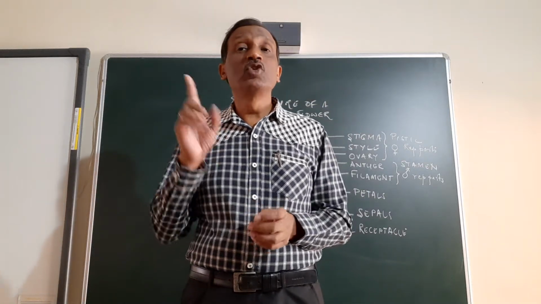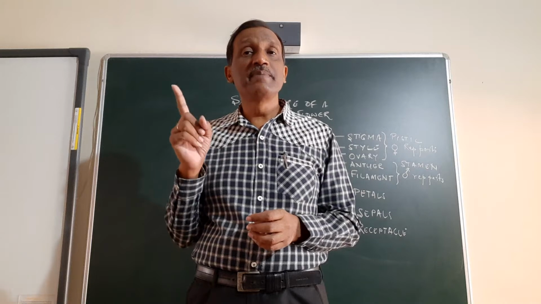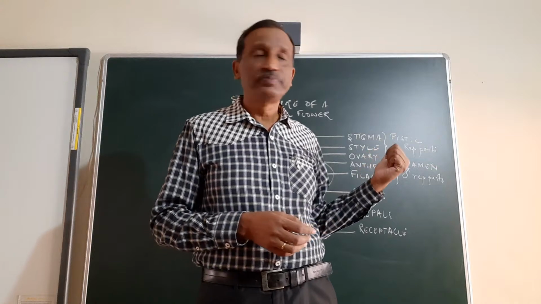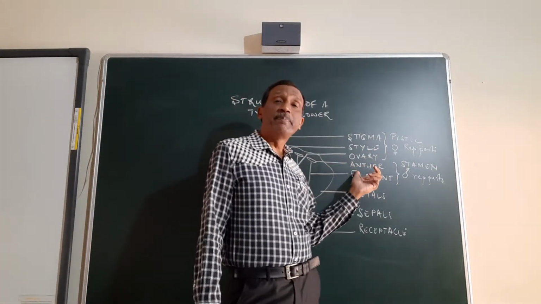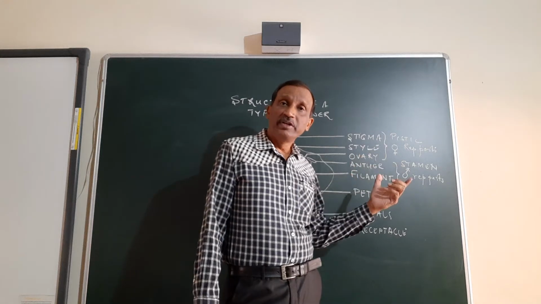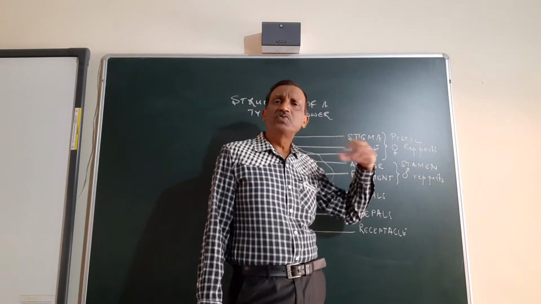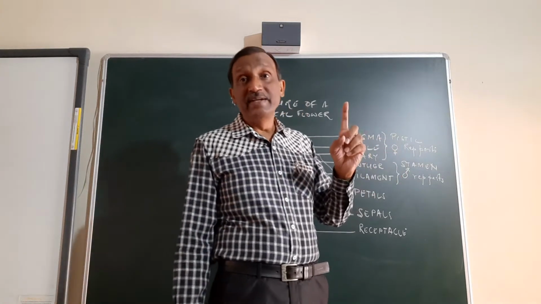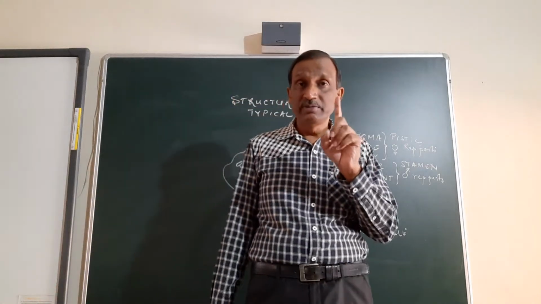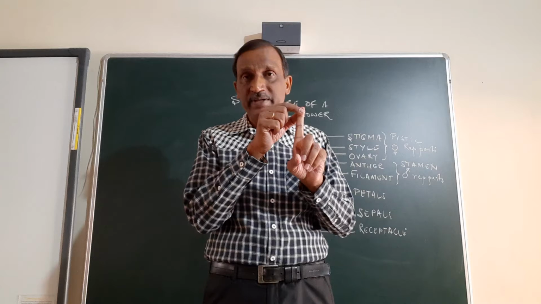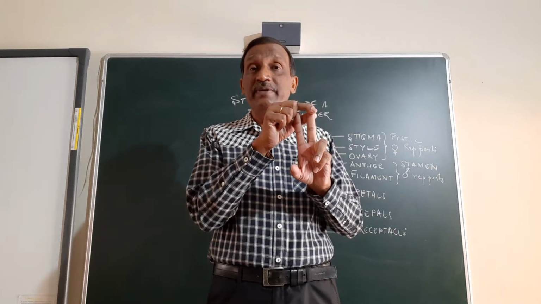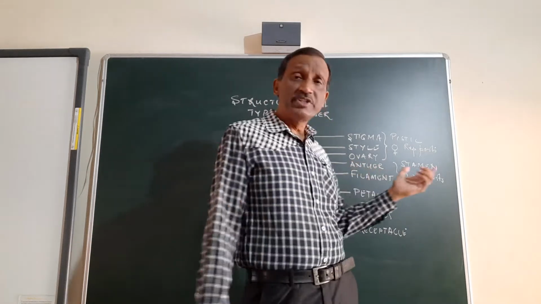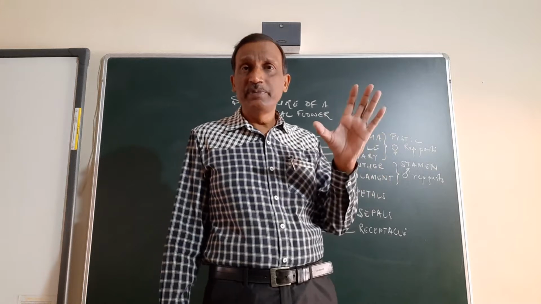And to produce pollen grain, that type of division which we have studied yesterday, that is the meiotic division, is required. So meiosis takes place in the anther. Okay, so anther is the part which produces pollen grain. Each anther produces thousands of pollen grains. And I am specifying here that the anther is not the male gamete. Pollen grains are also not male gametes. Male gametes are found inside the pollen grain. So an anther is a two-lobed structure where the meiosis takes place, and then it produces pollen grain.